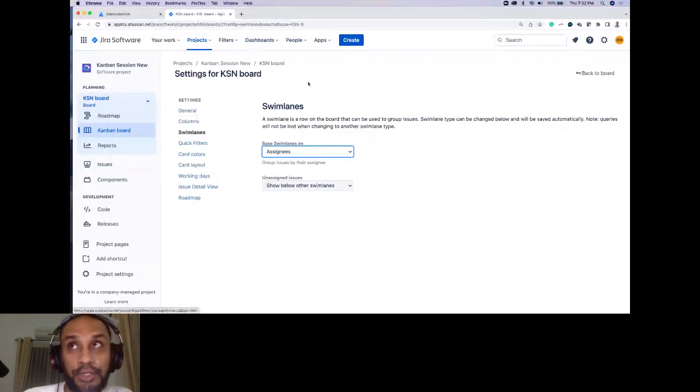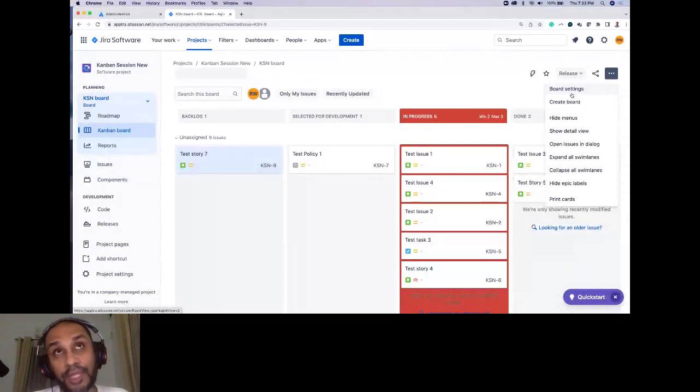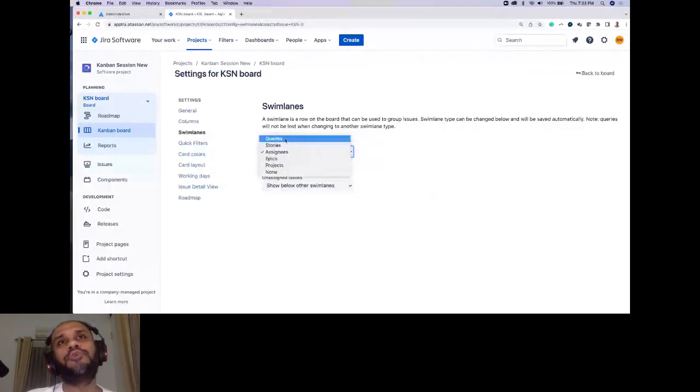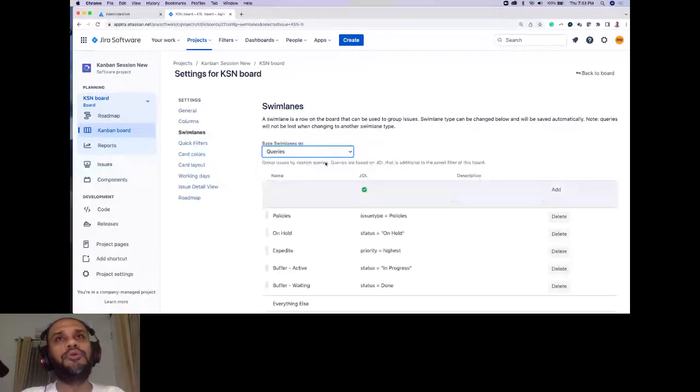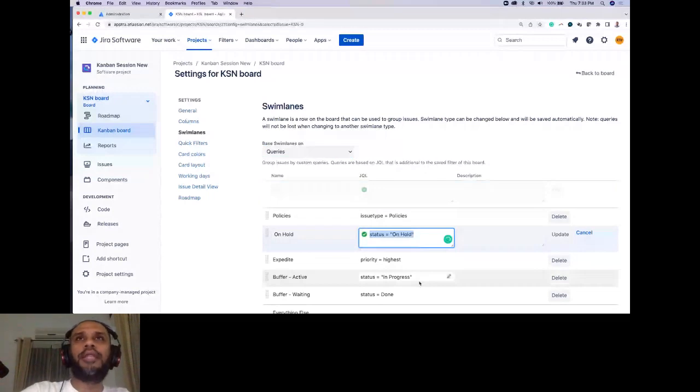Now, if you create your swim lanes based on your assignees, you will see those assignees displayed over here. But if there's a requirement that you have to filter by multiple criteria, then you will actually need to use these queries, and in these queries you will need to say okay, filter by this as well as by assignee. I won't be able to show it over here, but basically it's a matter of adding the JQL. All right. Okay. Thanks.